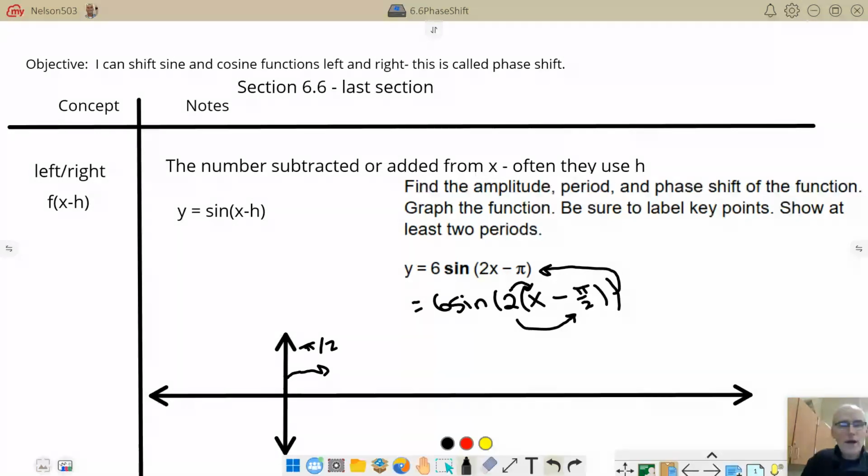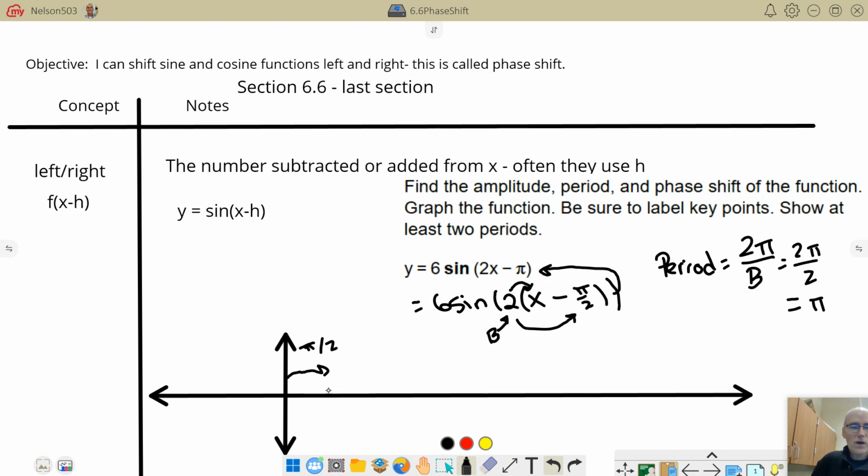So what I want to do next is figure out the period. So the period is 2 pi divided by b. So I go 2 pi divided by that 2 right there, right? This is my b value right there. So I'm taking 2 pi divided by b, which is 2 pi divided by 2, which comes out to be pi. Okay, so this is a good example of, if I call this pi halves, well, then we'd go pi, and then we'd go to 3 pi halves, and this distance right here is going to represent an entire